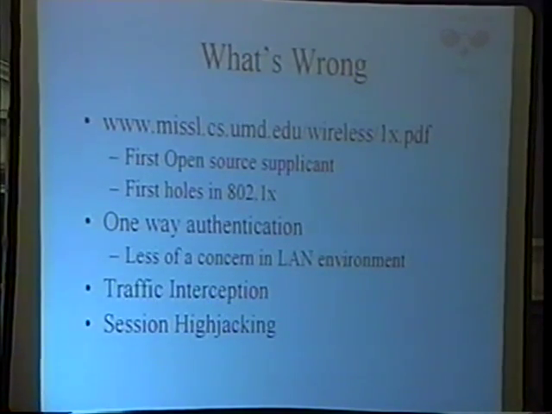I'm also very grateful they write some very good papers, some interesting papers on RC4 cracks on WEP, as well as the holes in 802.1x. What they discovered is one of the biggest problems is explicitly there's only one-way authentication. You're only authenticating the client. The access point can be rogue. You have no way of really knowing.